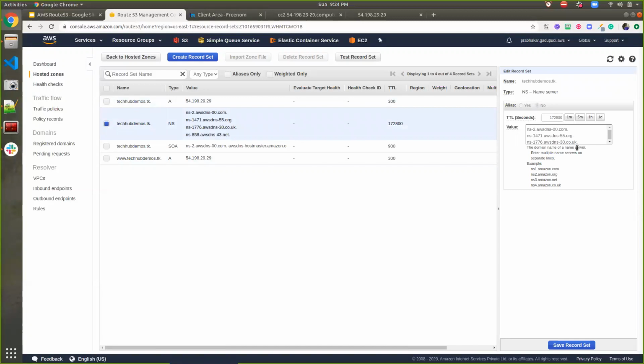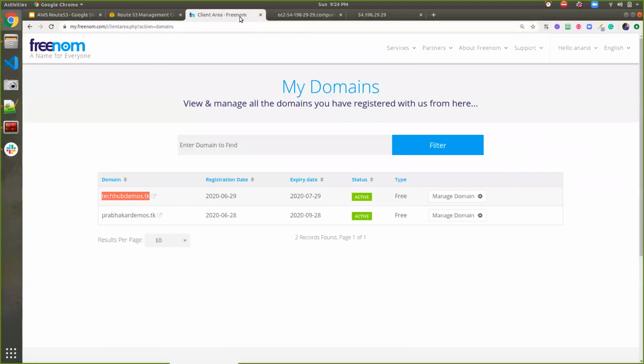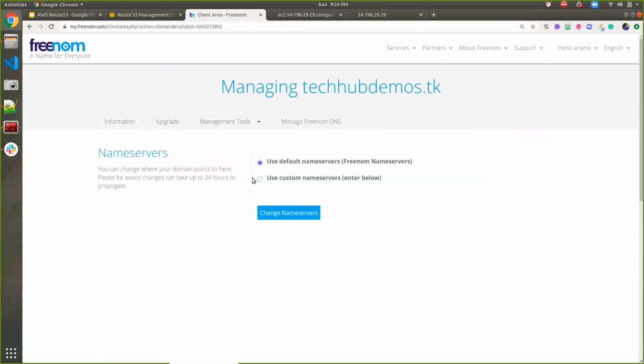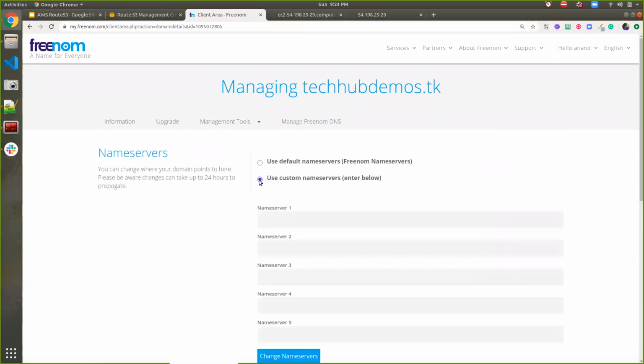So now it's time to register your entries. These are the entries which I have, and I have to register them into my domain. For doing that, I go to my domain, where there is a managed domain. You can click on the managed domain, then go to the management tools and the name server. Inside this name server, I can add these three names and the A records.